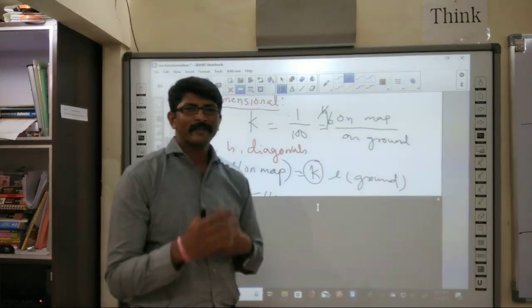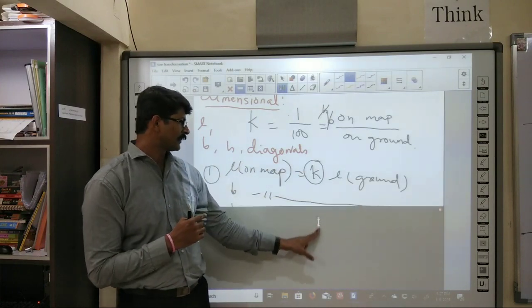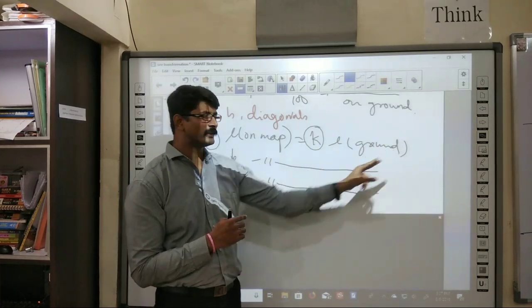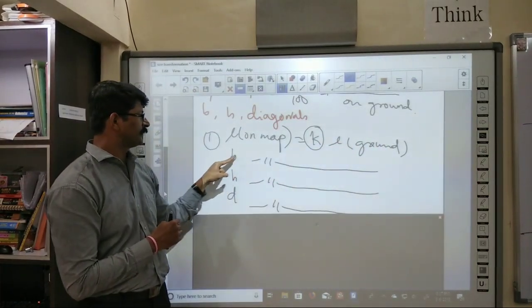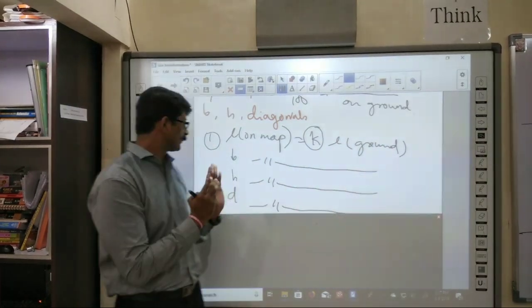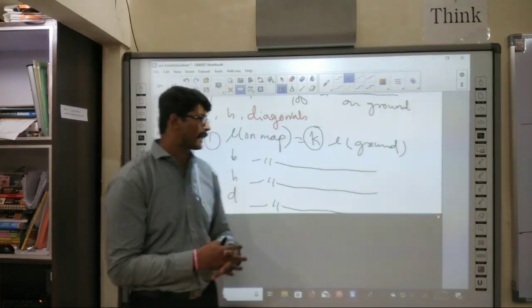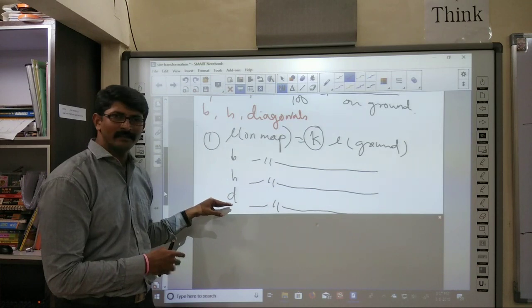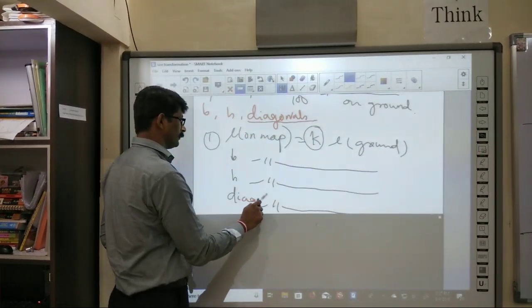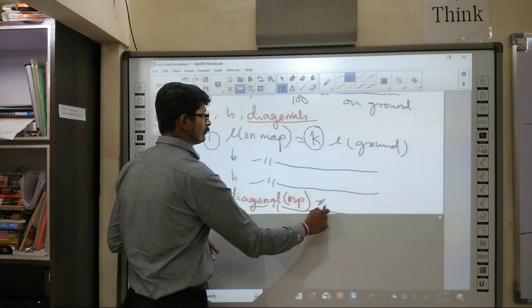Okay, in case you have written it down, let's go ahead. The formula goes the same for length, breadth, height, or diagonal. Length on map is equal to k times length on ground. Please complete this in your notebook. Breadth on map is equal to k times breadth on ground, or height on map is equal to k times height on actual. This D stands for diagonal. Diagonal on map is equal to k times